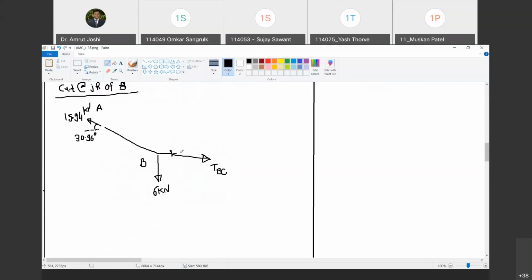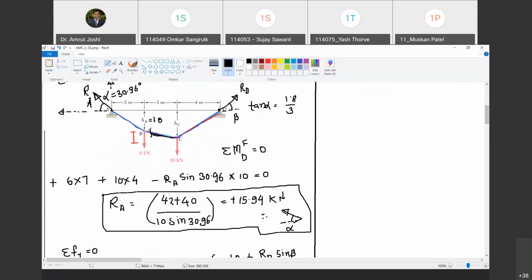And what is the angle? I will have to write down this angle. I will call it theta. So can you tell me how much is theta? So just have a look here. This is HB, this is HC. I am talking about this angle. Are you with me? This is theta. Yes, sir. So what is tan theta? Tan theta is opposite side. Opposite side is HC minus HB. Do you agree with me?